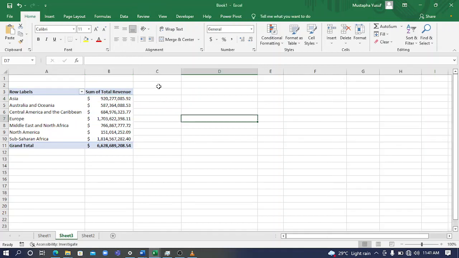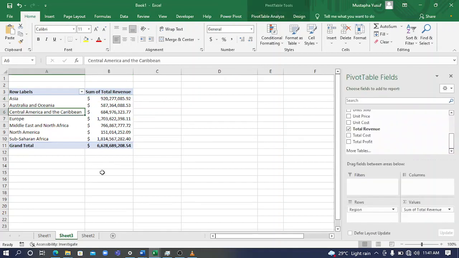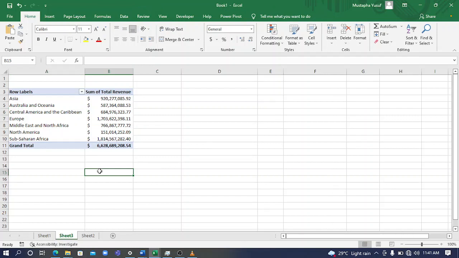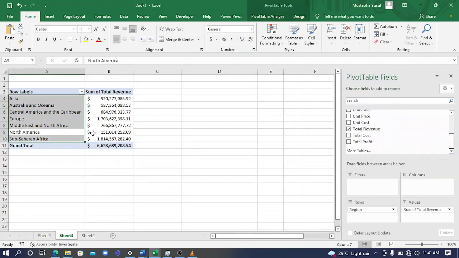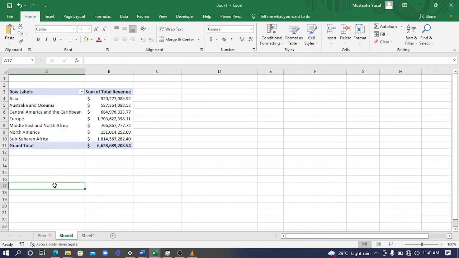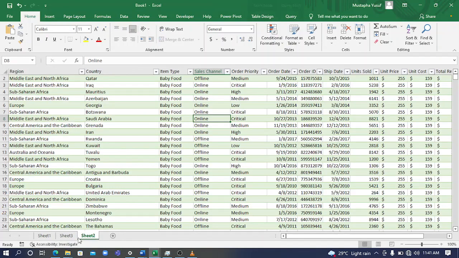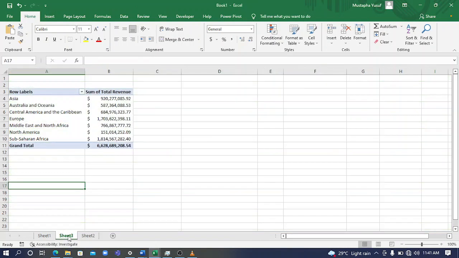This is one of the mistakes that most people make. Immediately you click outside the box, this is the pivot table, this is the report, this is where we are having a report. So immediately you click outside the report field, you are going to have the pivot field list disappear. And then what most people do is that they now go to the data and then create another pivot table,